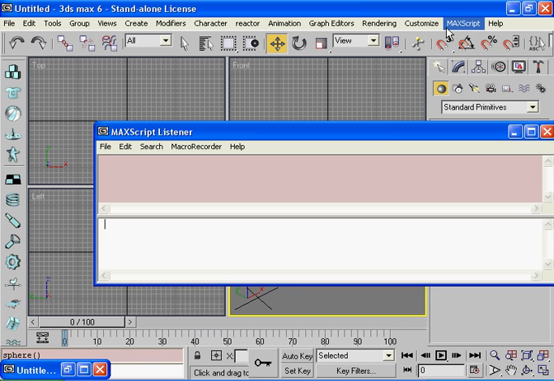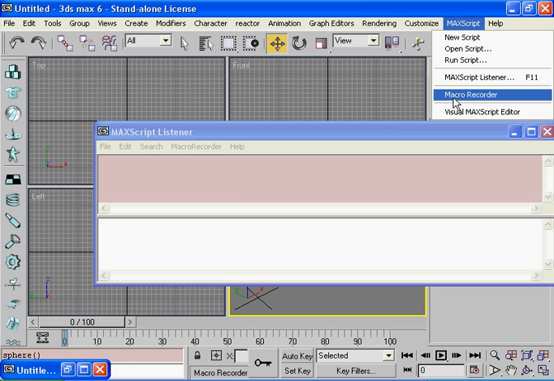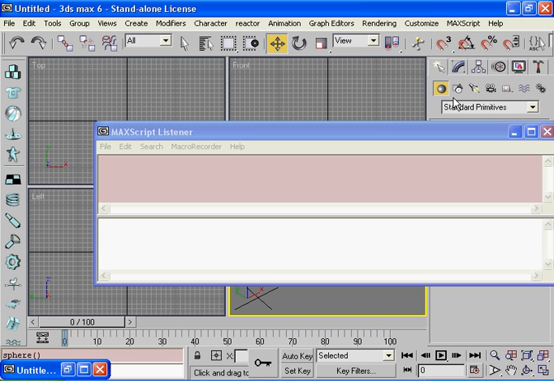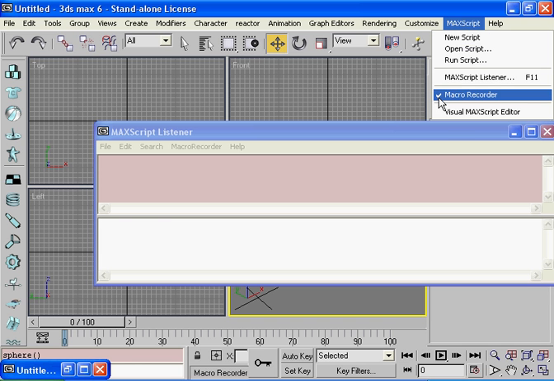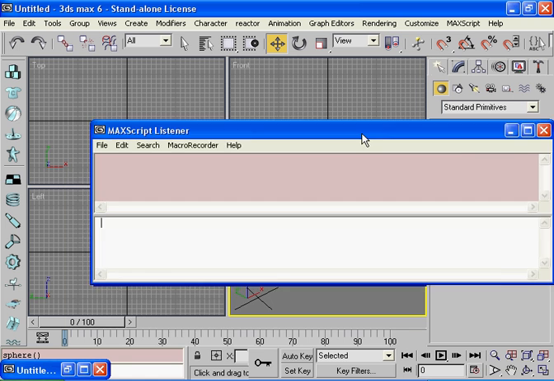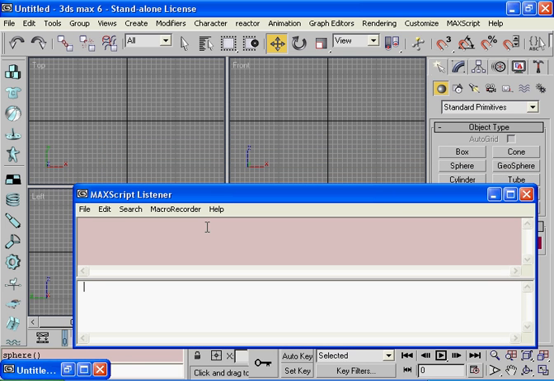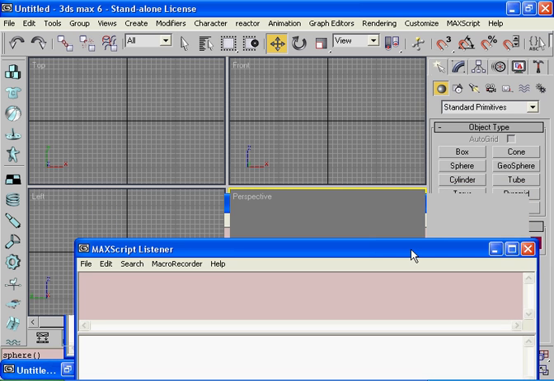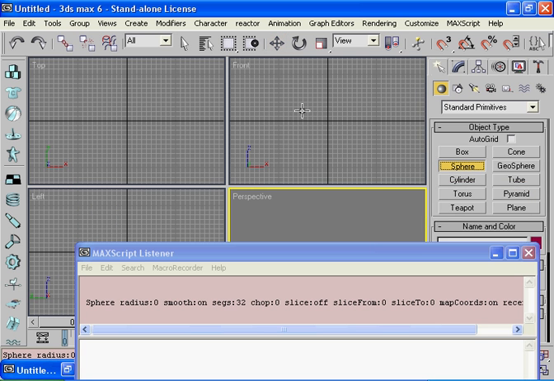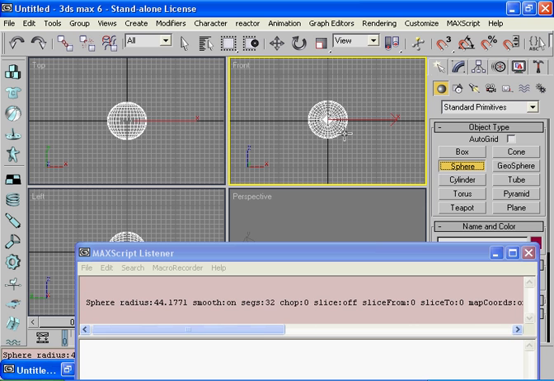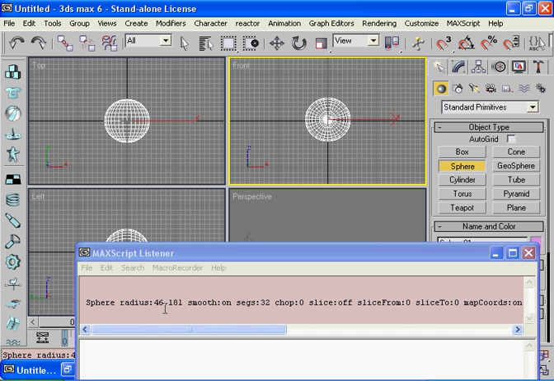So just come down here and select it, and if you go back in now, you'll notice a tick next to its name. That means now that as we do things in 3D Studio Max, it will report back to us within here what it's actually doing. So if we go ahead and create a sphere, we'll do it in the front view plane. We'll see that it's given us sphere, radius, with all the options. If we then select the move tool and actually move the sphere,